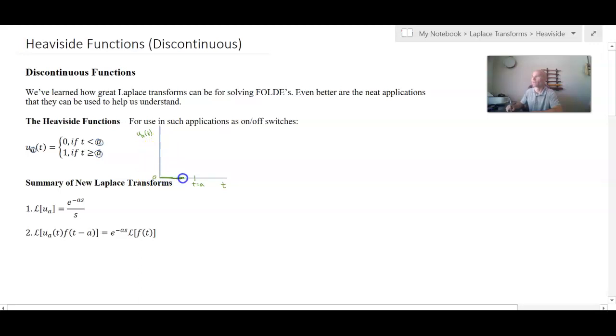Okay, so just drawing a horizontal line, it's off. And then I'm going to put an open circle here because it's not 0 at time a, it's just 0 before time a. And then at time a, well, now the function goes to 1. Okay, so I'll put a solid dot at 1, vertical position of 1, and it remains there for all time